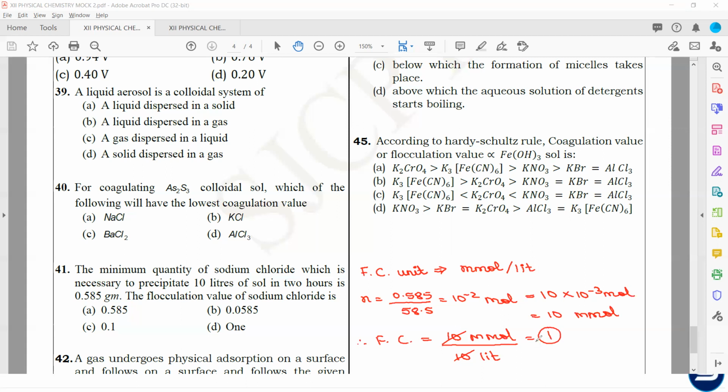Clear? So हाँ, answer given is A. Answer A. Coagulation value millimole per liter. नहीं, no, it will be one only. This amount needs to be converted in millimoles, and per liter convert करने के लिए divide by 10 करना है. So 10 by 10, 1 ही होगा. Those who have marked option D, they can consider plus 5.